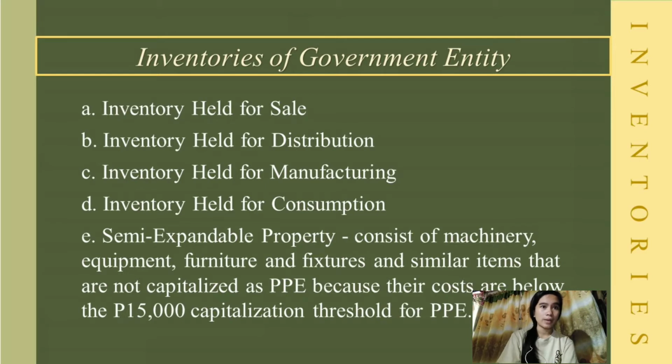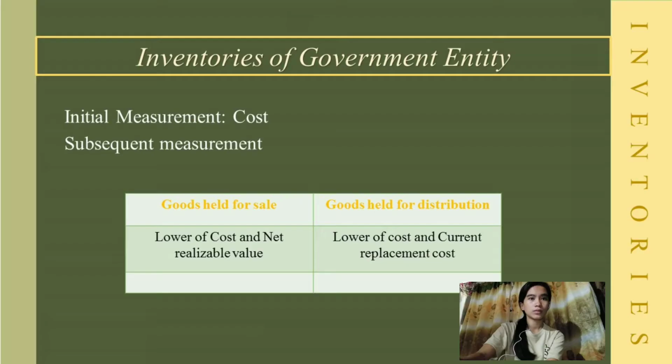And last is the semi-expendable property, which are the properties of the government entity that are not capitalized as PPE because their cost is lower than 15,000, which is not within the threshold for PPE of more than 15,000. So these inventories are initially measured at cost and subsequently measured at lower of cost and net